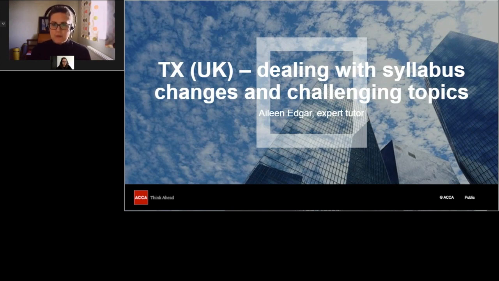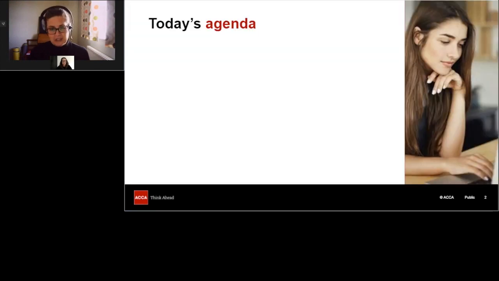So in this session, Aileen's going to take you through the key syllabus changes related to the new Finance Act, which will be particularly important if you've attempted this exam previously under the older syllabus. And she's going to bring those changes to life by showing you a couple of examples of how some of the affected areas could potentially be examined. She's also going to spend a bit of time towards the end of the session talking about the areas of the syllabus that students tend to find a little bit more challenging before moving into a Q&A session.